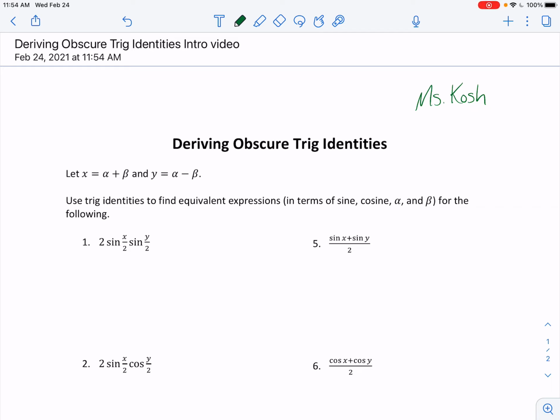This worksheet that I want you to do, I want to give you kind of an intro to it and tell you what I'm looking for and tell you why we're doing this. This is going to give you more practice working with your trig identities, and that's the whole point of it. But also, it gets us to a place where there's some, I call them obscure trig identities, and so you